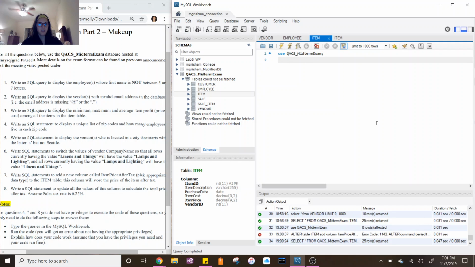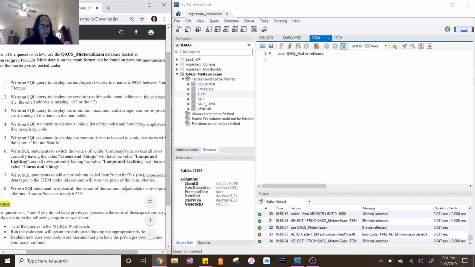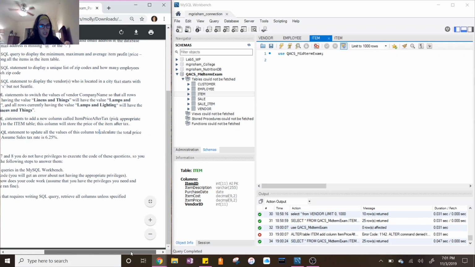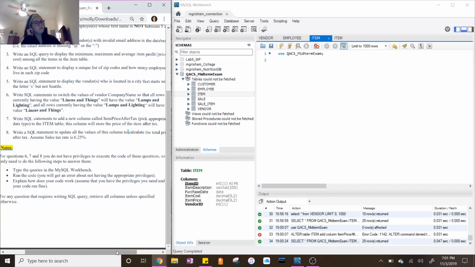Let's see. Last one. Okay. Write a SQL statement to update all the values of this column to calculate the total price after tax. Assume sales tax rate is 6.25. I wish there was no tax, but there is in this world. So we will do it. Okay, let's go back to,